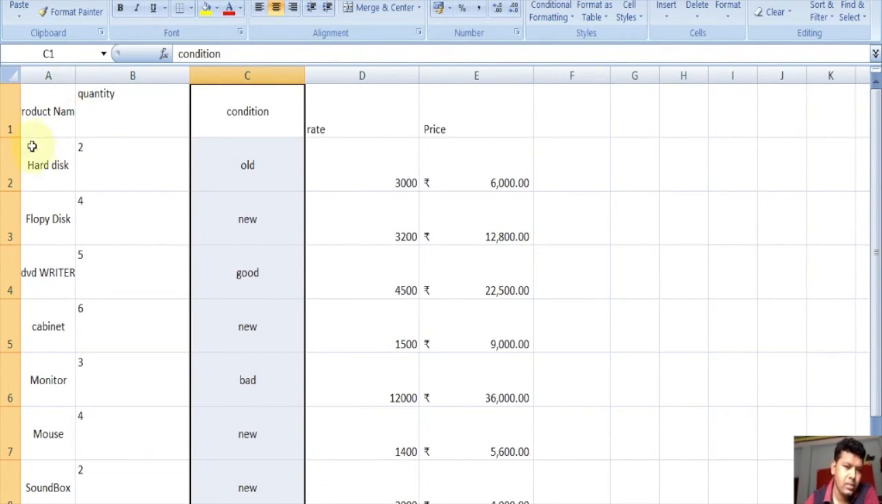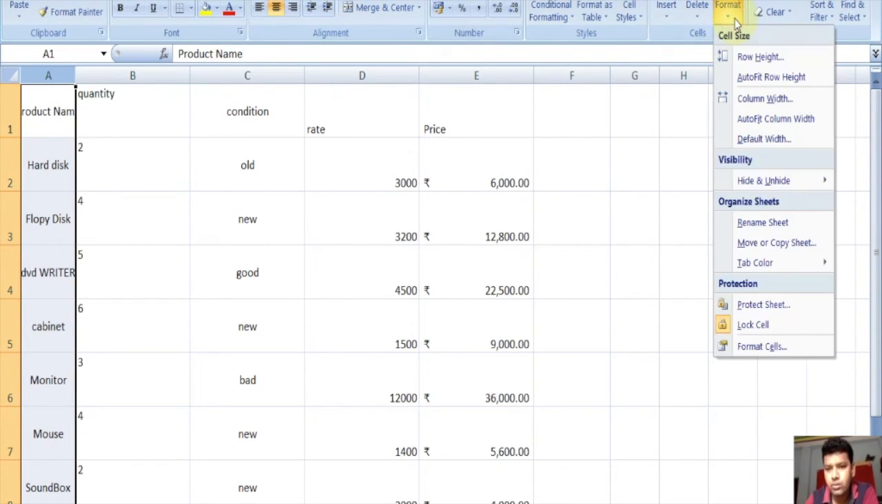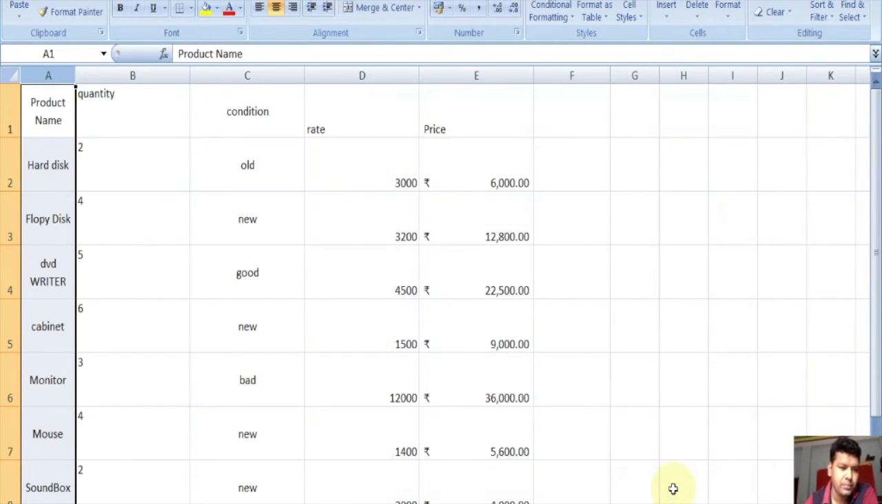problem where the cell is too small for the text, so we select the cells and click on Home, Cells command group, Format arrow, and click on Format Cells, and we can wrap text. That means we can break the text into two lines. Suppose the product name is 2 lines and DVD writer is also 2 lines, so this is called wrap text. And if we don't want to wrap this text, we can